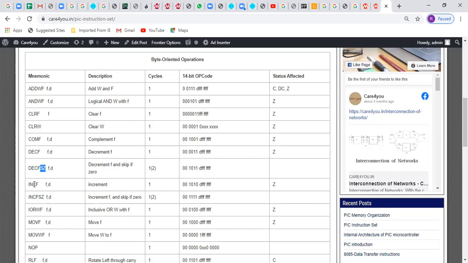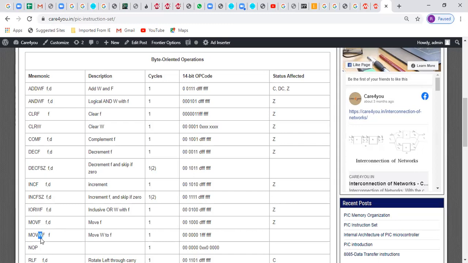So likewise you have increment file, increment and skip if 0. You have the inclusive or. This is the data transfer instruction. Move a register file. Move F. You are involving your accumulator.